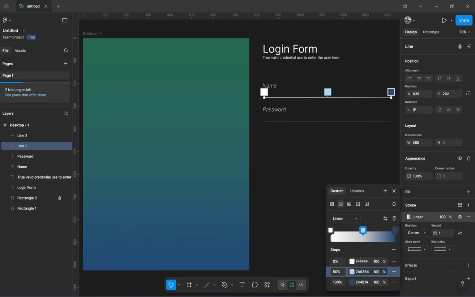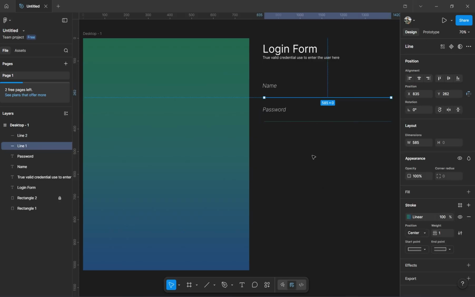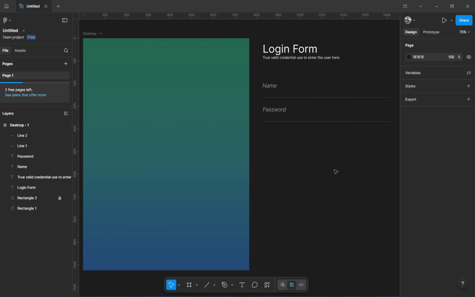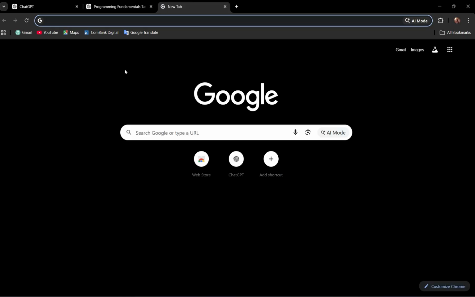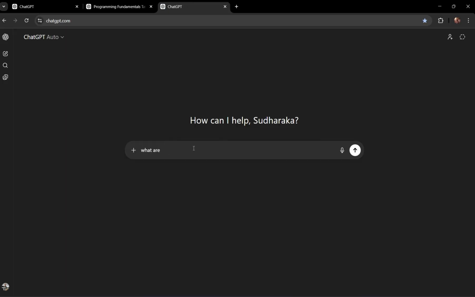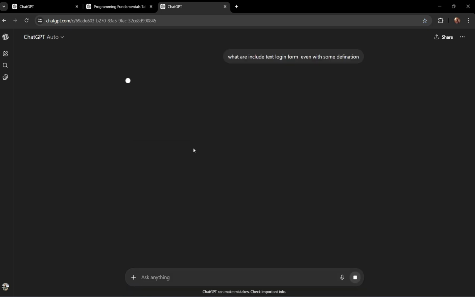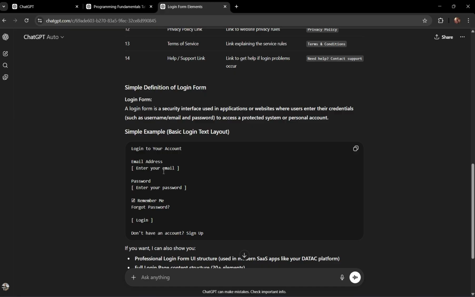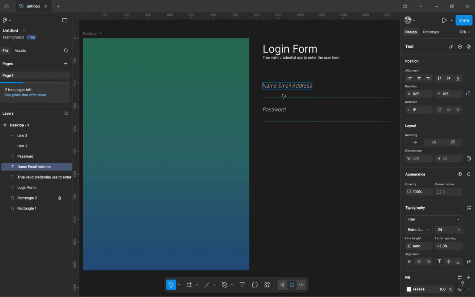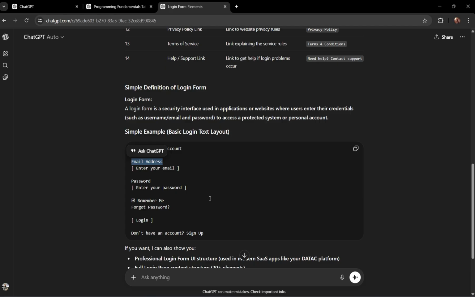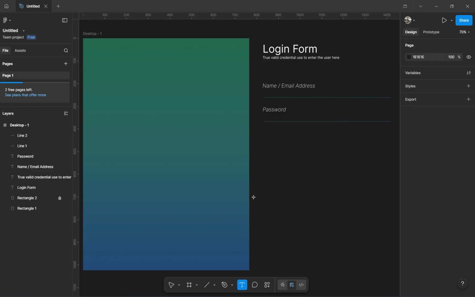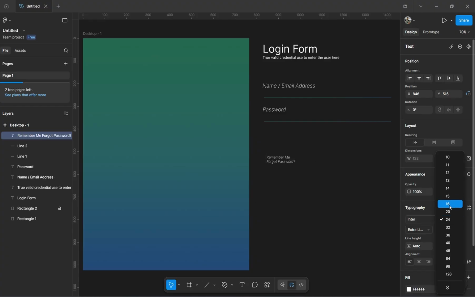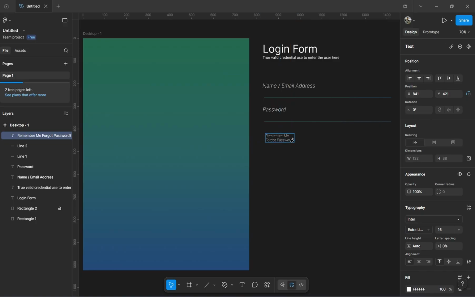Once the basic design is completed manually, we can start using AI tools like ChatGPT or Figma AI to improve the design and get suggestions. AI can help us generate ideas for color palettes, layout improvements, typography scales, and modern UI patterns, which saves a lot of time during the design process. For example, we can ask AI to suggest a modern minimal login form style with professional spacing, gradient button, and